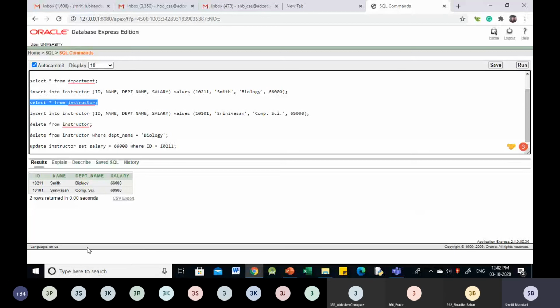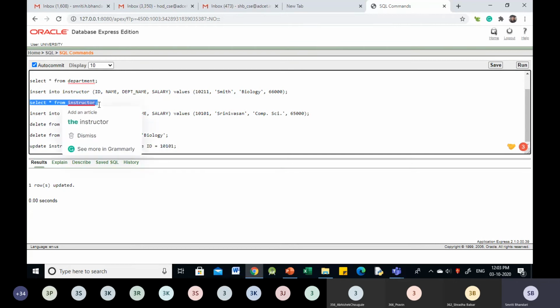See here, the salary for 10211 is now modified to 66,000. If we also want to replace the salary for 10101, then we change the salary value to 65,000 for instructor ID 10101.